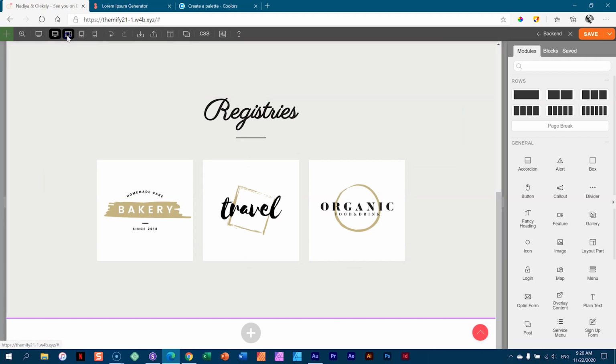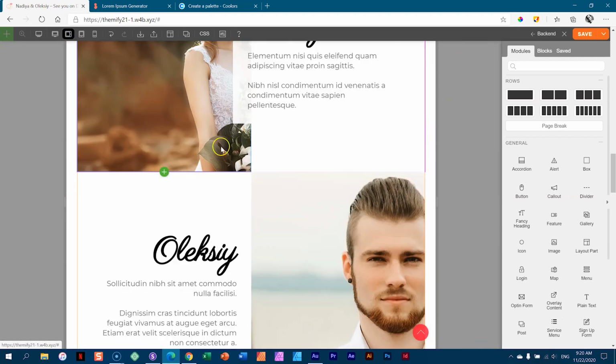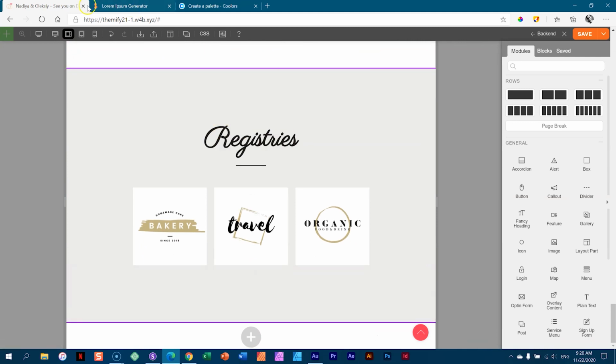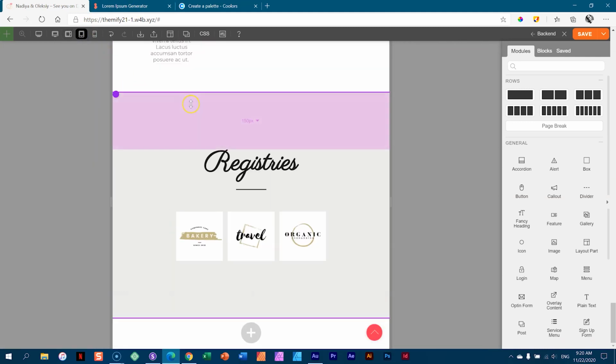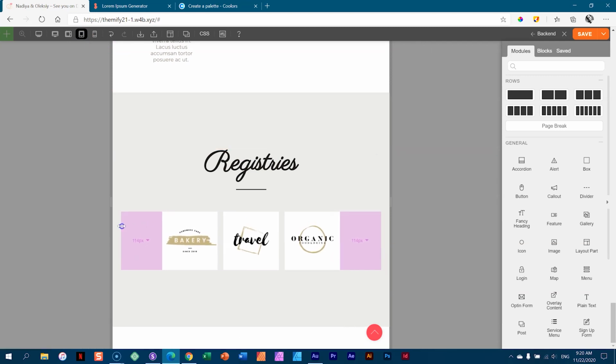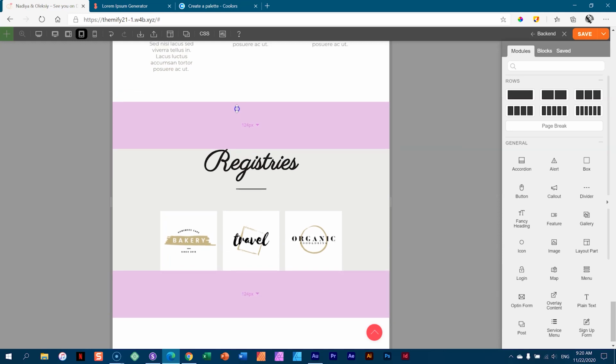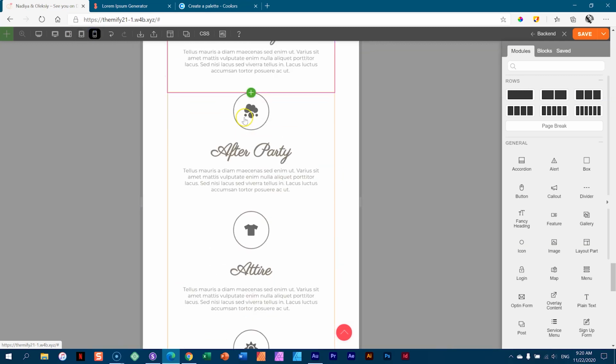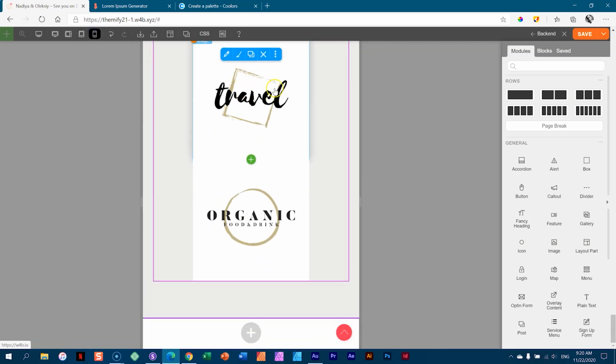Let's have a look at tablet. Wish I didn't have to scroll down every time. Okay, tablet looks good. And then tablet portrait. Here, I want to reduce this a little bit and also reduce a little bit up here. Good. And then mobile should stack it. Let's see if it's going to stack it. Mobile is going to stack it,